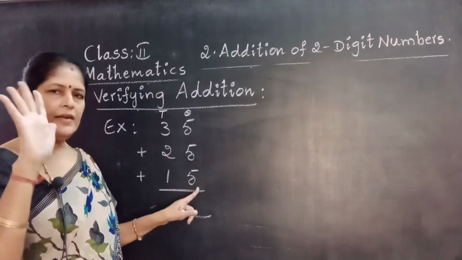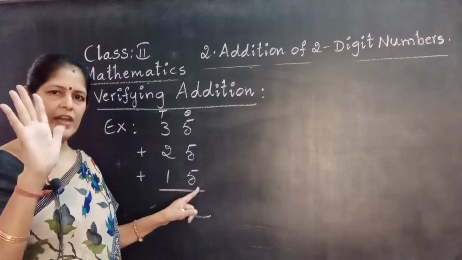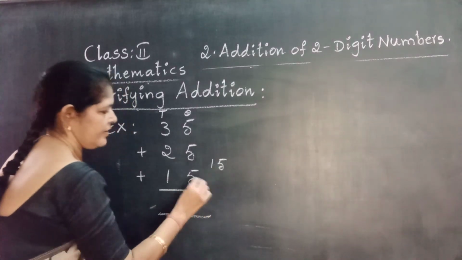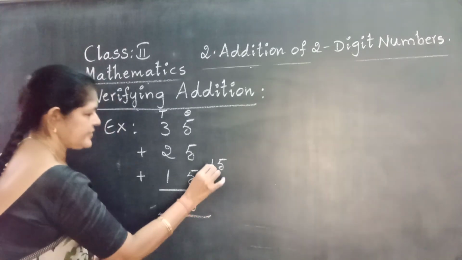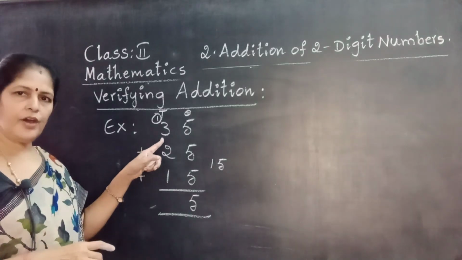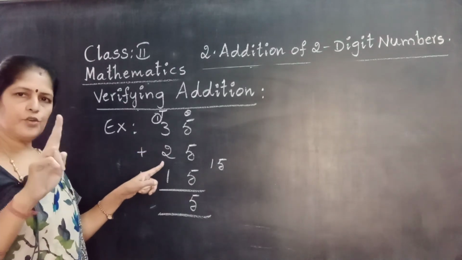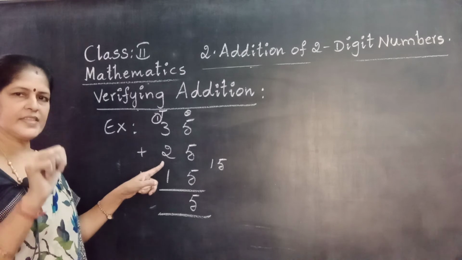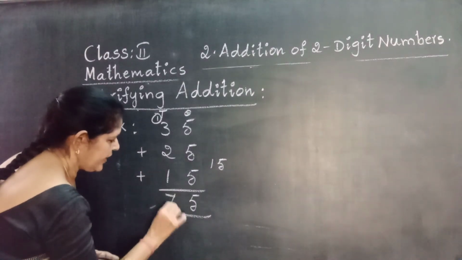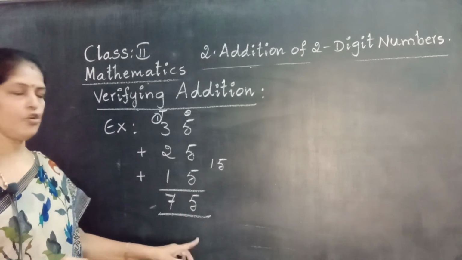10 in the mind. Take 5 fingers. 10 after 11, 12, 13, 14, 15. 15, right side. 5 write in the ones place. 1 carry to tens place. 1 plus 3, 4. 4 in the mind. Take 2 fingers. 4 after 5, 6. 6 in the mind. 6 plus 1, 7. We get 75 as the total.